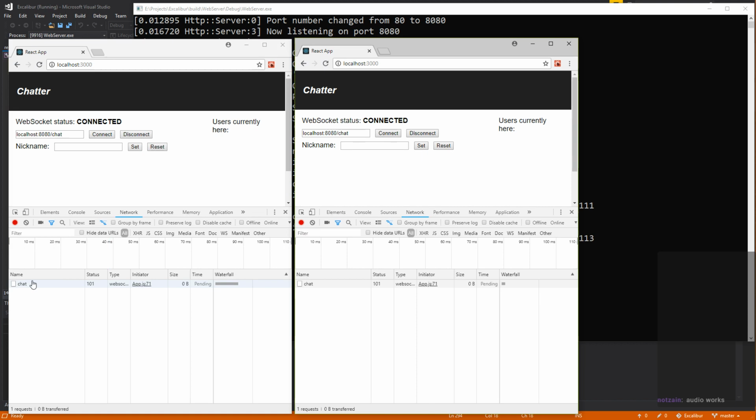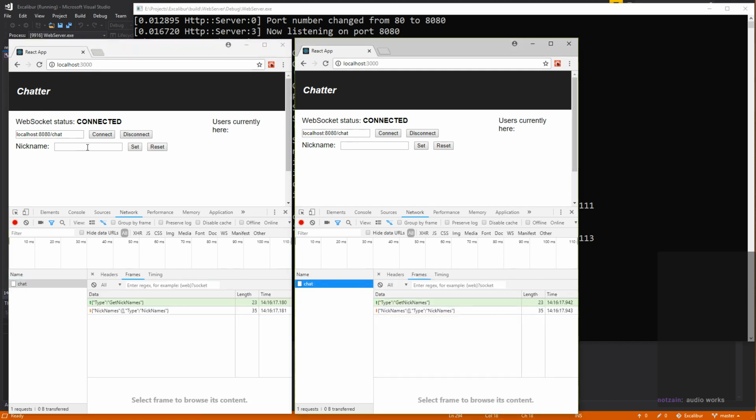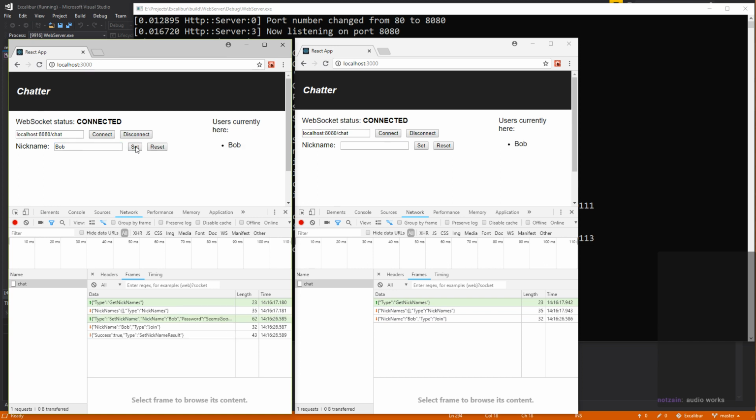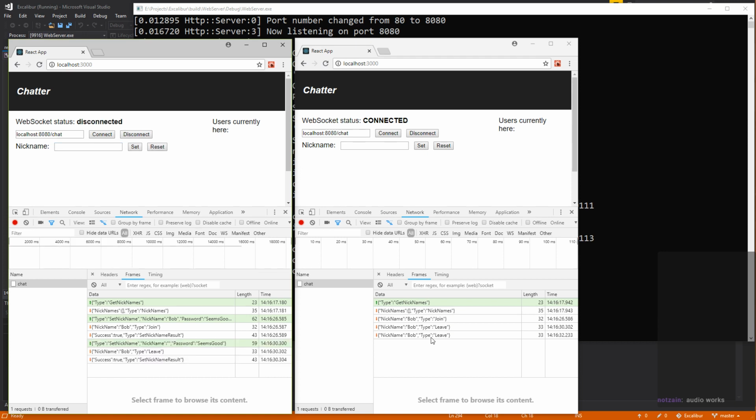Connect. There's the chat. Bob. Okay. Set. And then lurk again, and then disconnect. Bob leave twice, right? What happens if I connect and then disconnect? That's not an issue.